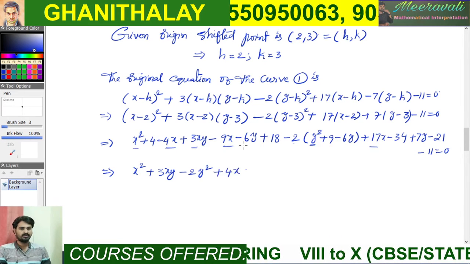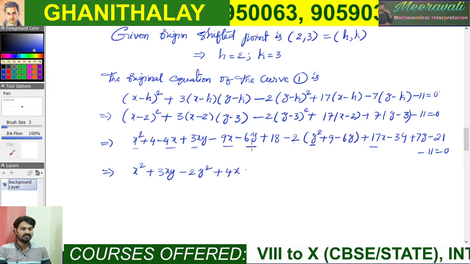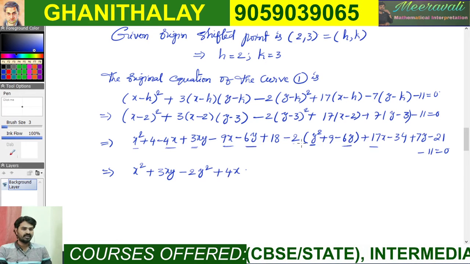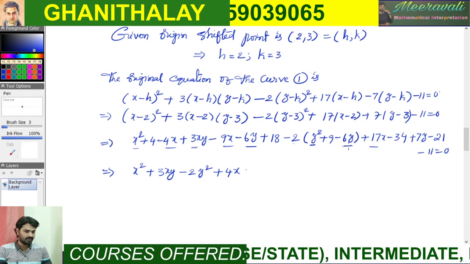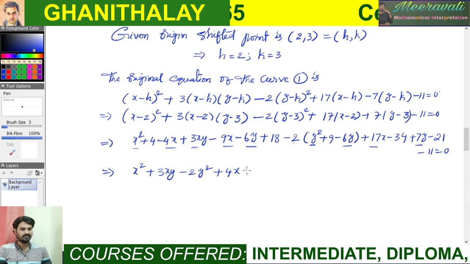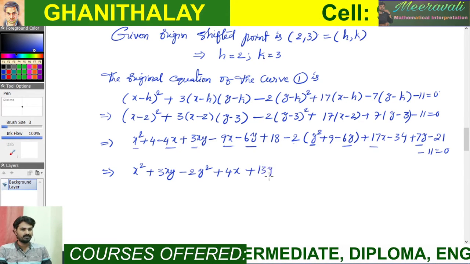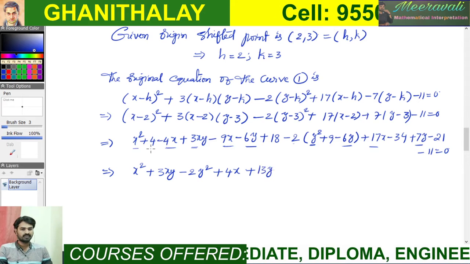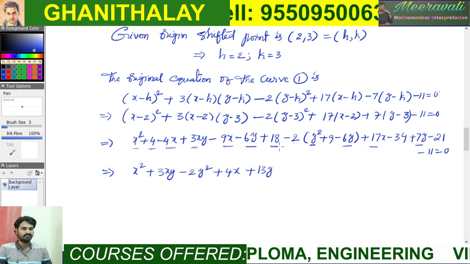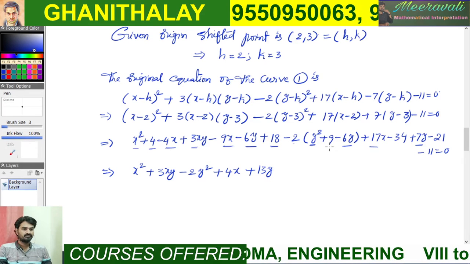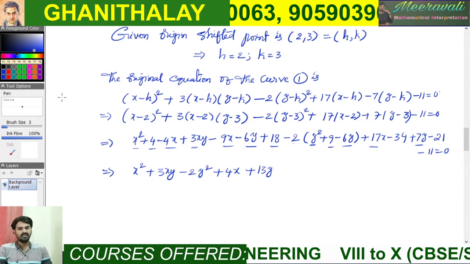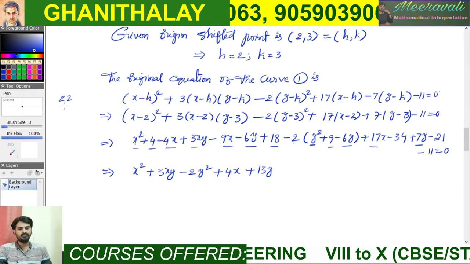Next go to y terms. Here minus 6y, minus into minus plus 12y. Minus 6y plus 12y becomes plus 6y, plus 6y plus 7y, plus 13y. Now finally constant: plus 4 plus 18 plus 22, minus 18 plus 22 minus 18, that will become 4,